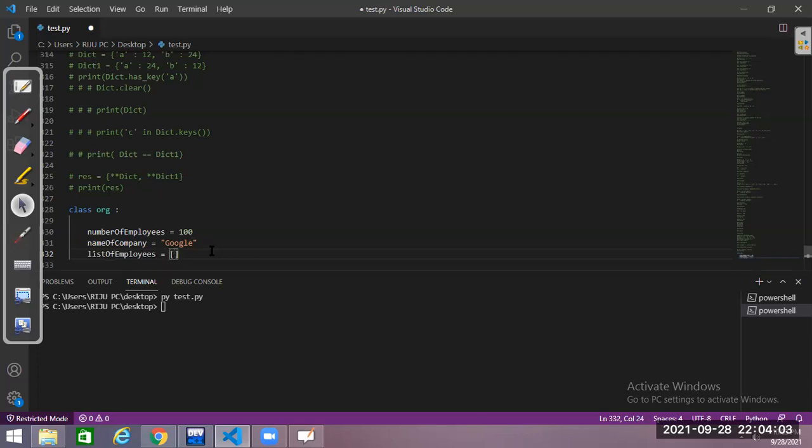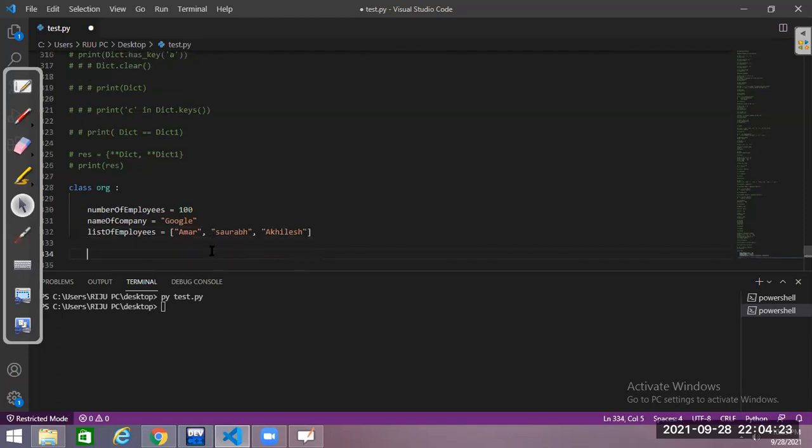So how will I declare this list? Okay, fine. First employee is Amar. Next, Saurabh. Next. Akhilesh, let's say. Okay, 3 employees as of now. Let's say I am writing the name. Now,